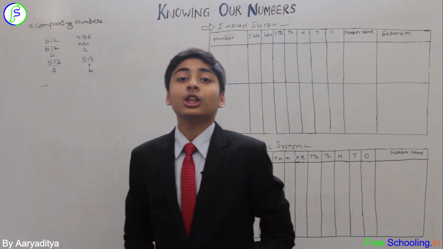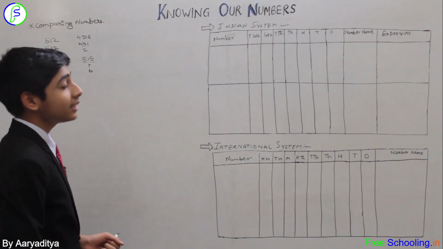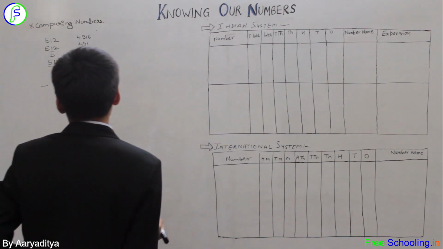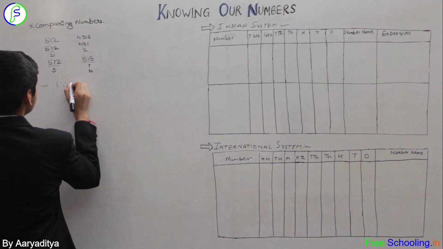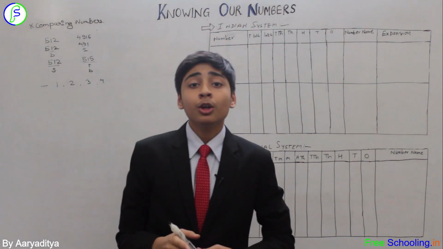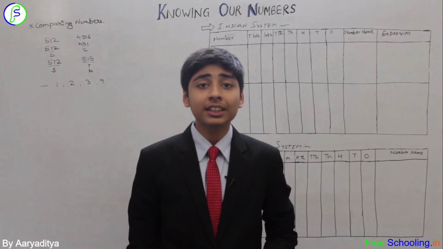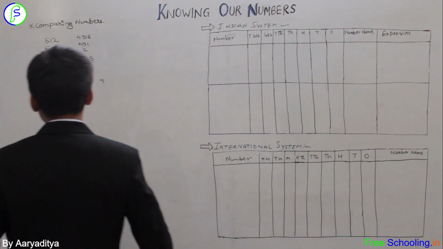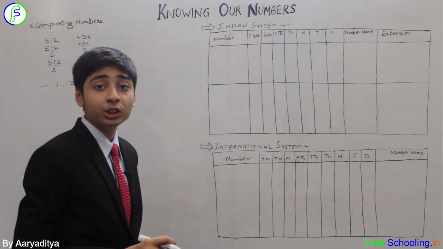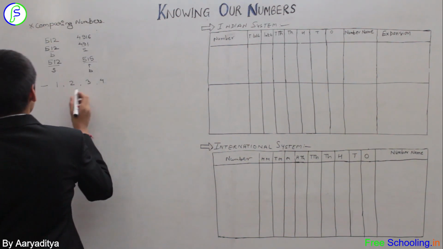Let's get to the other subheading of comparing numbers. The subheading is: how many numbers can you form? Suppose we are given a set of digits. Let me take 1, 2, 3 and 4. By the heading, we mean that if we are given a set of digits, how many numbers can be formed? Let us see. But the condition that applies here is that the number should be of 4 digits and the digits of the number should not be repeated. So let us see here.